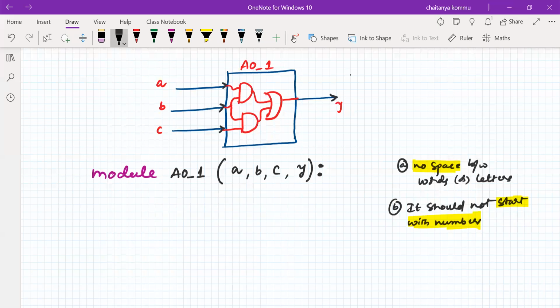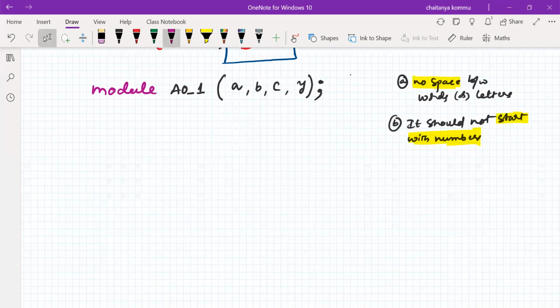After each and every statement, it must be ended with a semicolon. Don't forget to write the semicolon at the end of this one. There can be space between these two. It doesn't matter. Even if you don't give the space also, it's okay. But give the space, so the readability will be good in this case. This is what an external view is. So the module, and we have to write endmodule as another one. So endmodule. This is the external view of your program. Please remember.